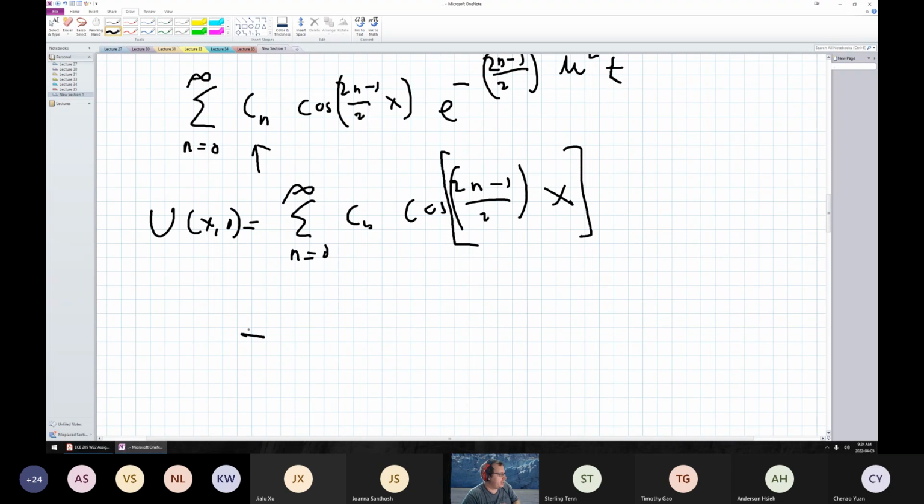So what you do is you take whatever your initial condition is, you expand it in terms of these bases, and basically to save myself some writing,